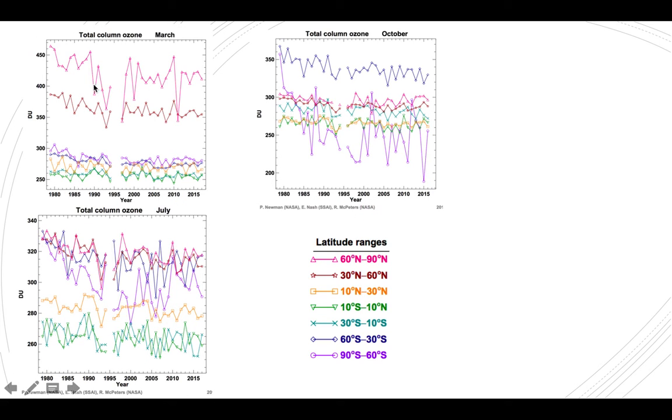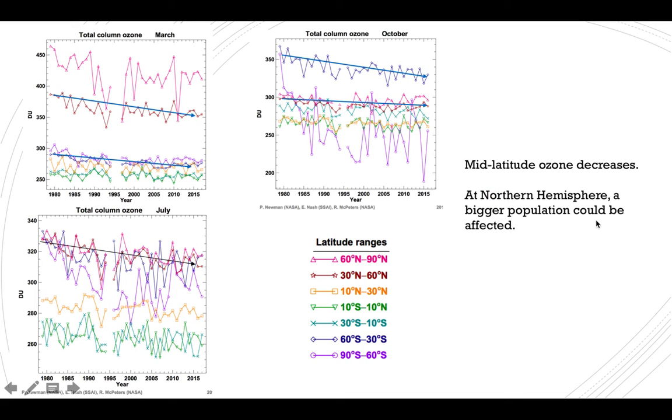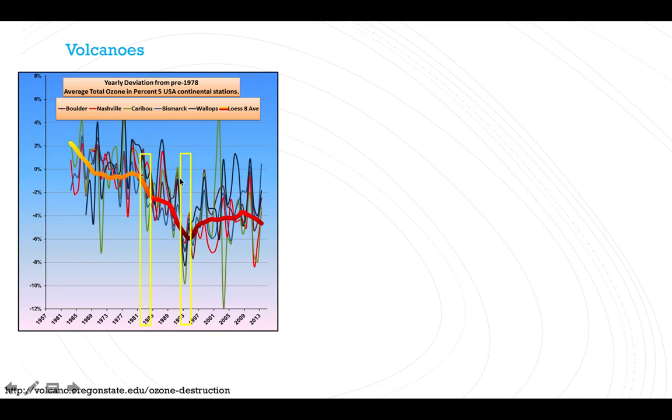Well, with the data of yearly total column ozone, it is observed that except for the polar ozone, the mid-latitude ozone also decreases at different seasons, which may affect a large population, especially in the northern hemisphere. So there are several reasons for the loss of ozone in mid-latitudes. The first is the effect of volcanoes. This chart shows the ozone has decreased about 8%,